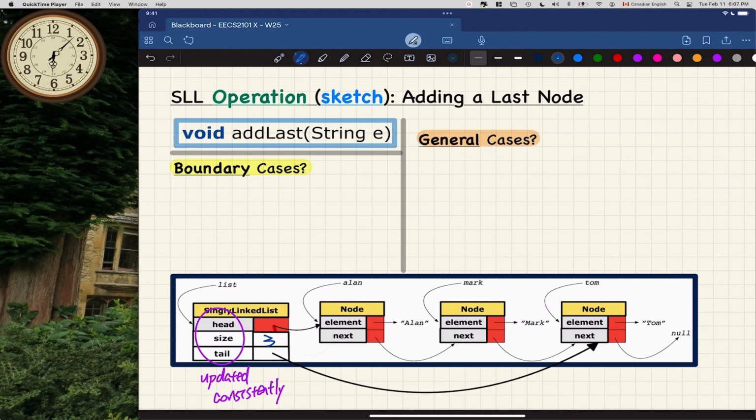Okay, boundary cases. If I want to add a last node into the chain, definitely I need to worry about when the list is currently empty. Because if the list is empty, adding a last node there, I got one node only in the list. So both the head and tail should be adjusted to that particular new node. And in the case where size is equal to 1, it's not a special case anymore. I can just handle all the cases where size is larger than or equal to 1 in the same way. Okay. Let's see. So if the size right now is equal to 0,